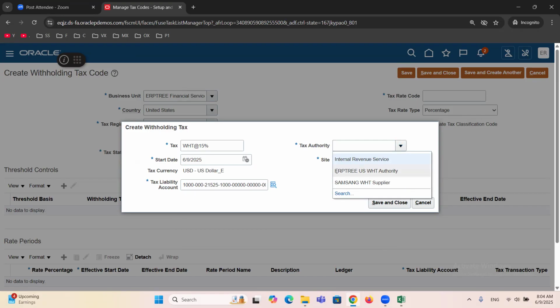See here we have ERP US Withholding Tax Authority. We don't find our standard supplier. Our standard supplier type is not tax authority. So I hope you can connect to why we set the supplier type as a tax authority. If you set it, then only here you will be able to map the tax authority to this tax code